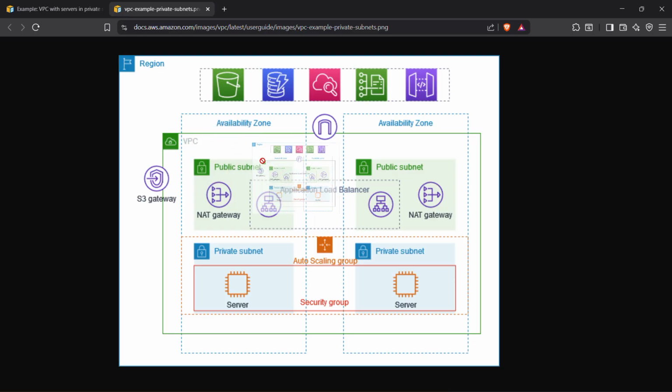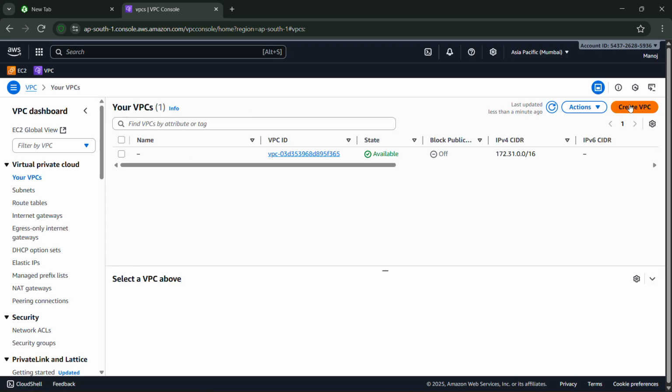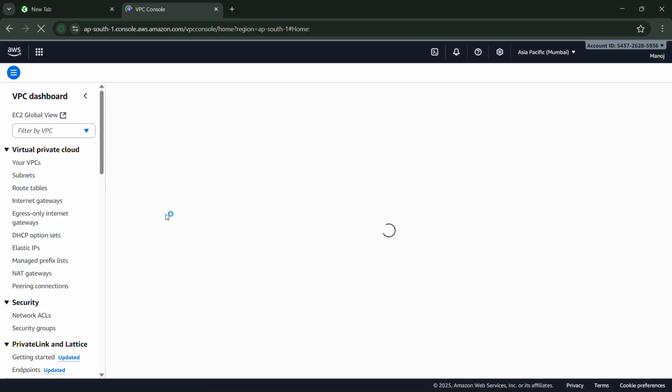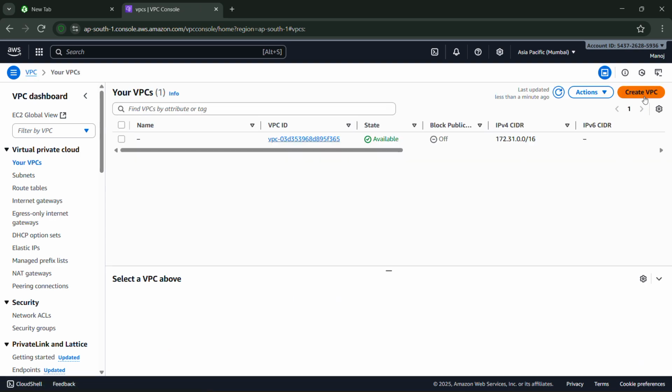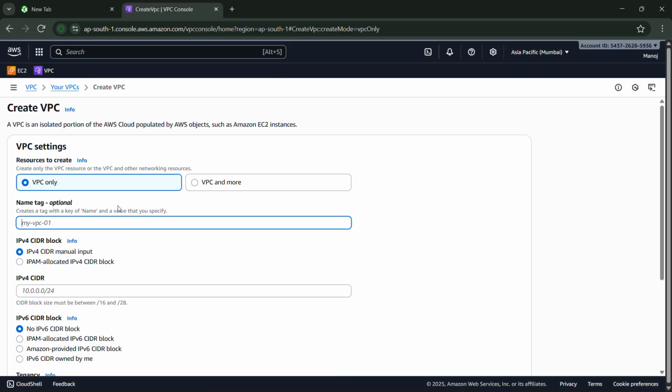First step is I will create one VPC. Create VPC. If you are on the home page, you just search for VPC and click on VPC. We will navigate to this page. Here we need to click Your VPCs. Here just click Create VPC. We just want to give a name. I will give the name as my VPC,